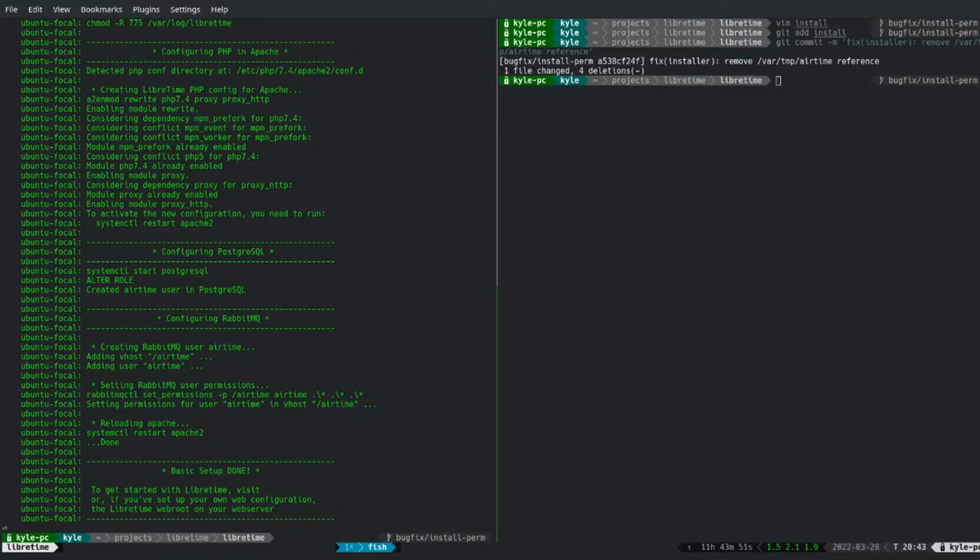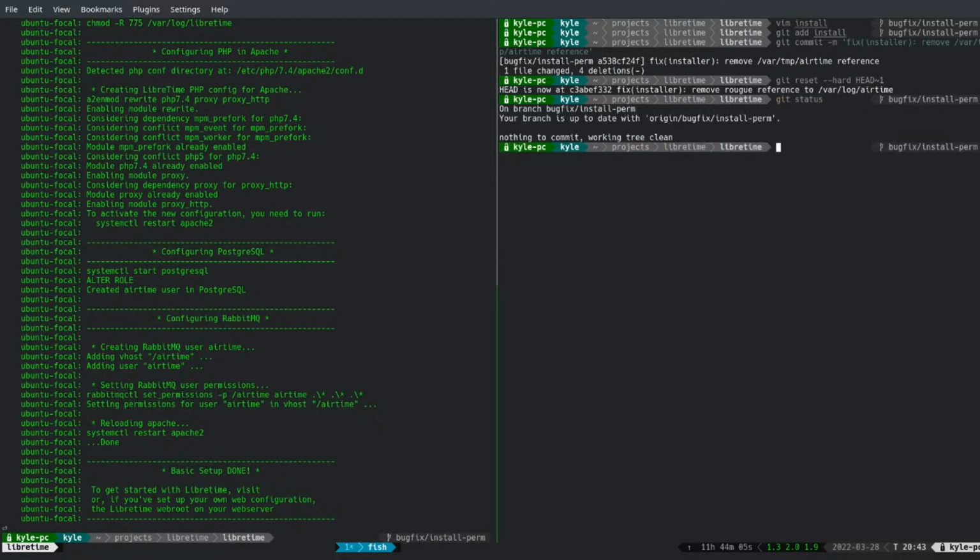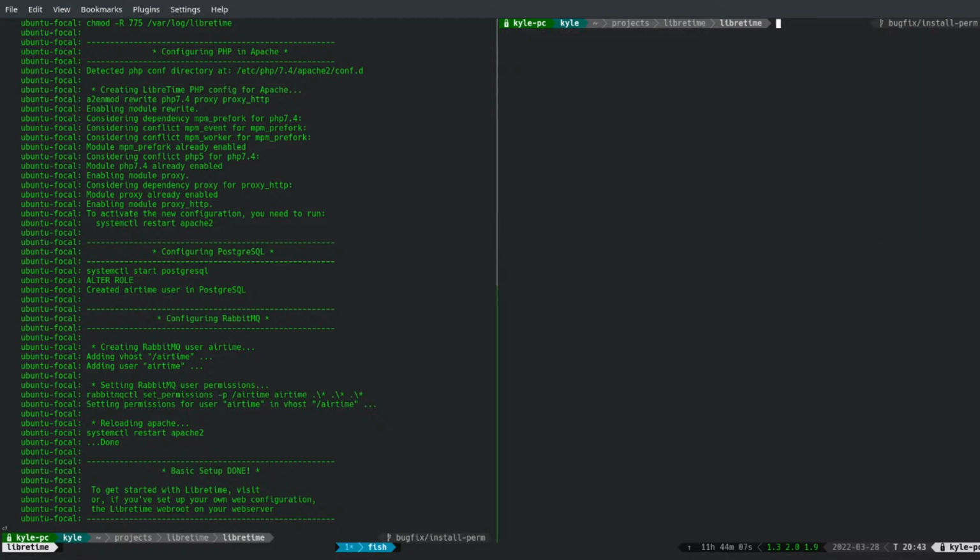Apologies for being unable to see there, but things are now done and working. I'm actually not going to do that, so that we just have the changes that we've tested. Cool. So basic setup is done. Everything's working there. So now we need to run through the setup. This is the same as what you would see